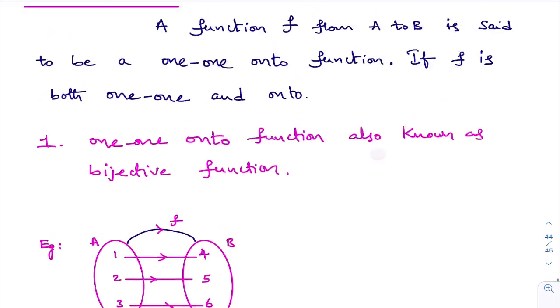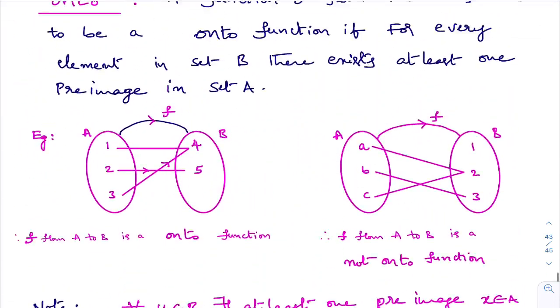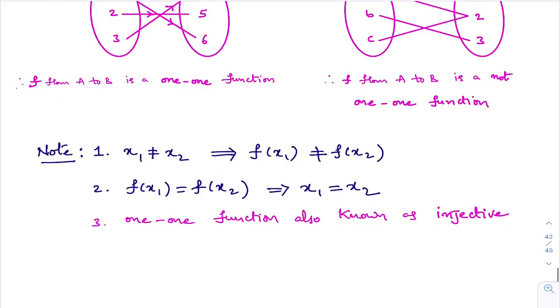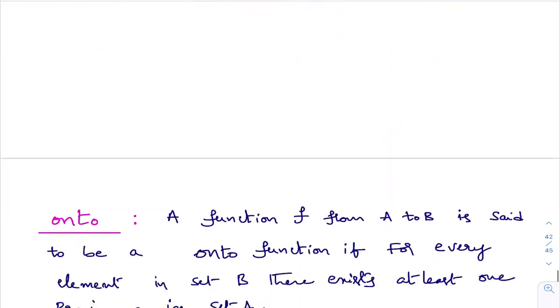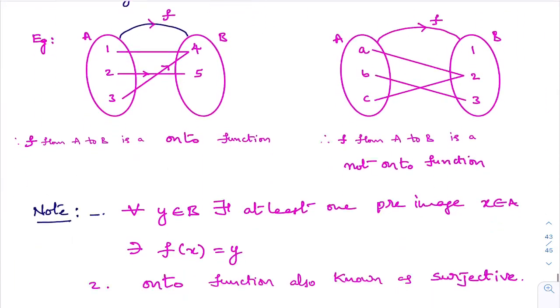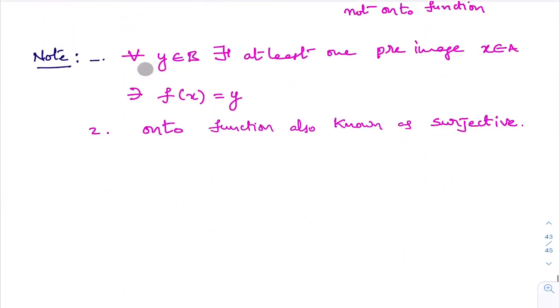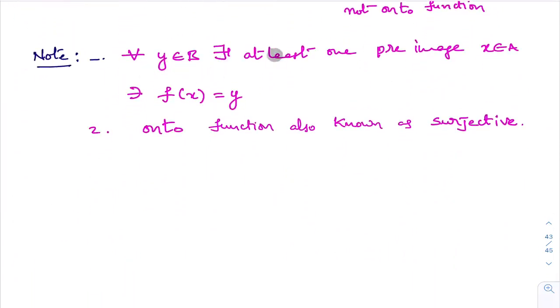Important point, to prove one-one function while solving the problems, we will take f of x1 equal to f of x2 and simplify it, and if we get x1 equal to x2, then we say the function is one-one. To prove the function is onto function while doing the problems, I will use this point. For every y belongs to B, there exists at least one x belongs to A, such that f of x equal to y. These are the main things that we learn in this class. I hope you understand this class.